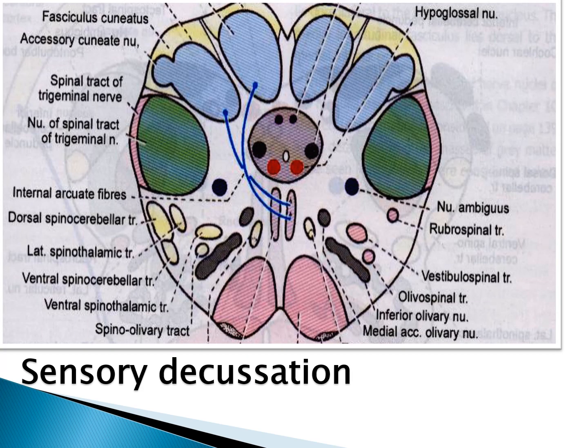So this is the picture again, sensory decussation. This is nucleus gracilis fibers and nucleus cuneatus. They decussate and form the medial lemniscus. When they decussate, they cut off the spinal nucleus and the tract of the spinal nucleus of trigeminal nerve. In the previous decussation, the anterior gray horn is detached. Now in this decussation, the central gray matter is detached, which contains 3 nuclei: hypoglossal nucleus, dorsal nucleus of vagus and nucleus of tractus solitarius.